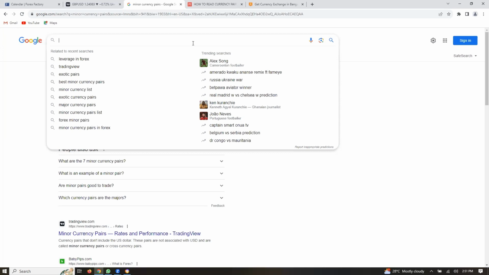And you don't need a huge amount of capital to start Forex. You can start with as little as $10, provided you have the knowledge or a broker that can give you that minimum deposit of $10. You can start trading comfortably in your room or at any place that you want. If you only have a strong network connection with your smartphone or your computer, and good skills, you are good to go. So Forex doesn't need a huge amount of money to start. You can start at any place that you want.